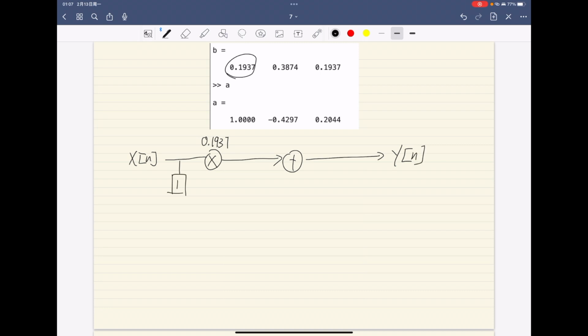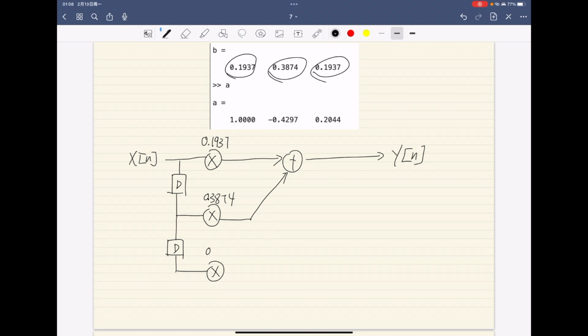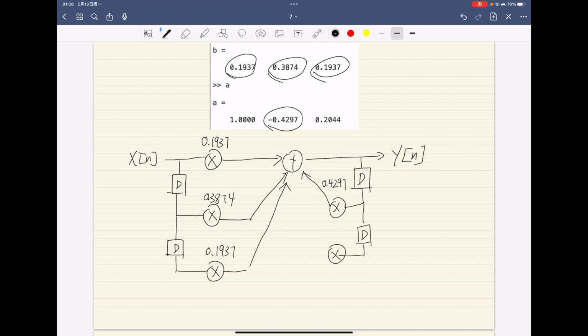Next, delay, multiply here by 0.3874, delay, multiply here by 0.1937, same thing to output yn, delay, multiply here. We need to change to positive. So 0.4297, delay, multiply, that's minus